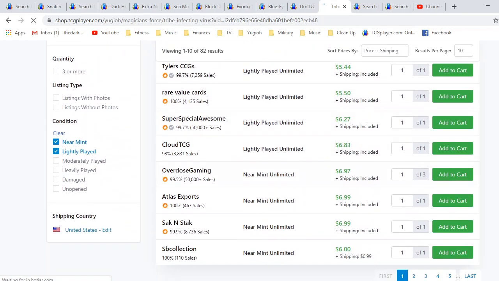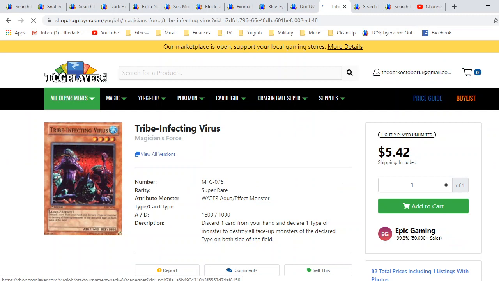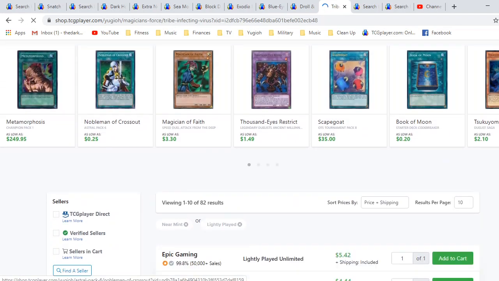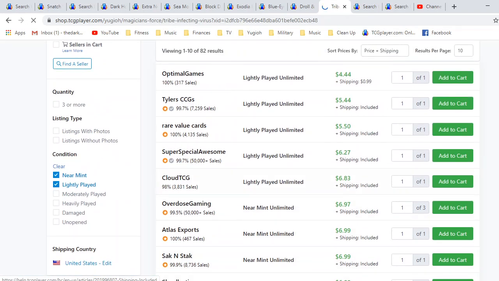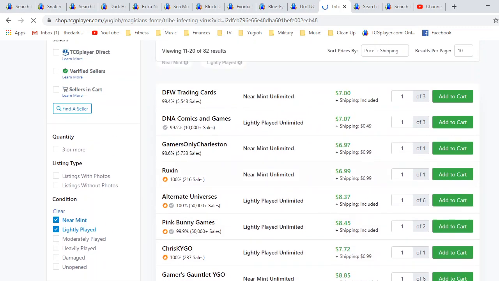I've always been a big fan of this card. This is truly one of my favorite artworks. I love the name. I like how it's a water, aqua, level 4. Stats are not that great, but I just really like the artwork in this card, and it's an old school Generation 1 card, and I just think it's a great collector's card in my opinion,